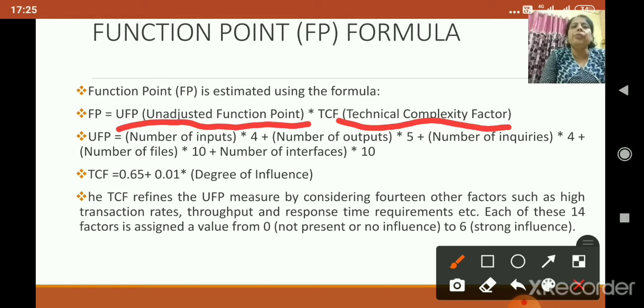There are 14 different factors, and each has a value from 0 to 6. 0 means no influence and 6 means strong influence. In between are moderate, average, and significant influence: 0, 1, 2, 3, 4, 5, 6. These are the influence ratings. Then we calculate UFP and multiply by TCF. By this formula we can calculate the size of a system using function points.